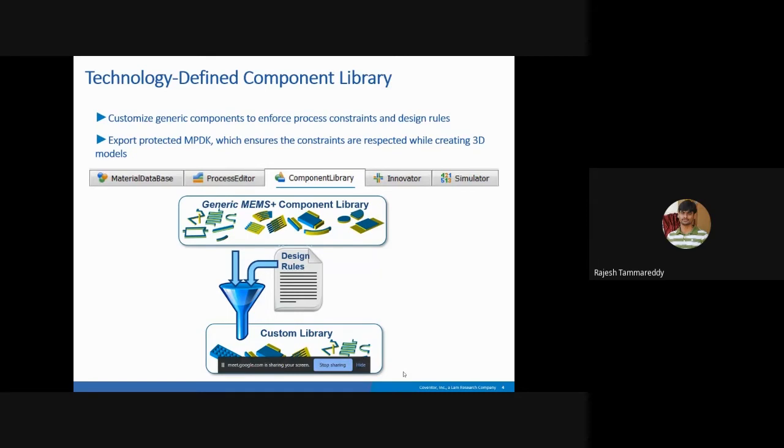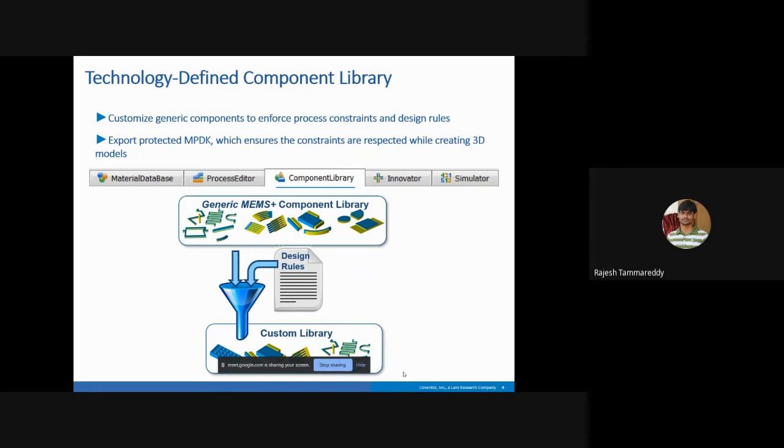Okay, so after this, the next tab will be Innovator. In Innovator is where you create the 3D modeling, basically. So whatever components you customize, you use those components, connect them together, and create the geometry in Innovator. Once the 3D model is created in Innovator, say let's say an RF switch or gyroscope or accelerometer,